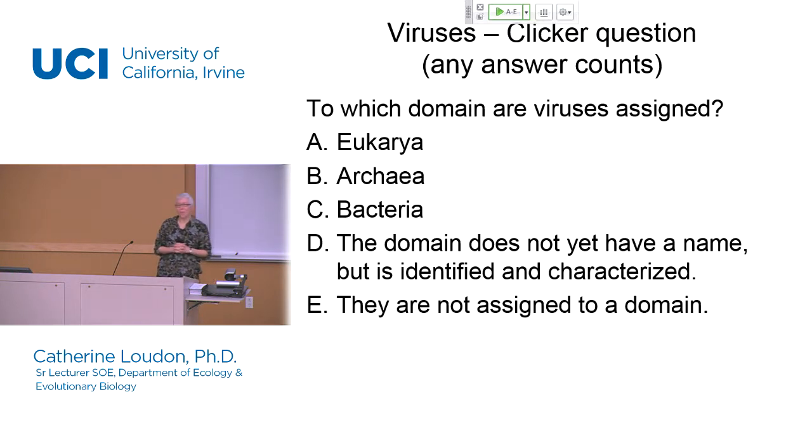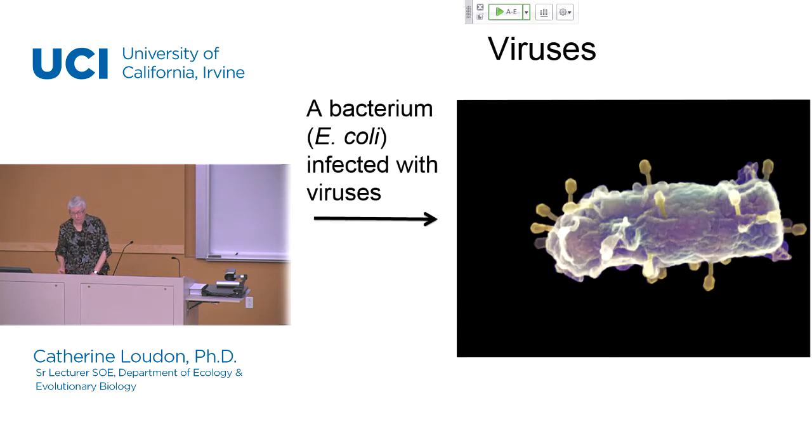As you remember, at the very beginning of the quarter, we considered what are the attributes of a living organism, and one of the big ones was that living organisms are made of cells, and viruses are in fact not made of cells, so that's why they're not assigned to a domain. The domains are strictly a way of classifying living organisms. So okay, they're not living. So what is some important and interesting information to learn about viruses then?